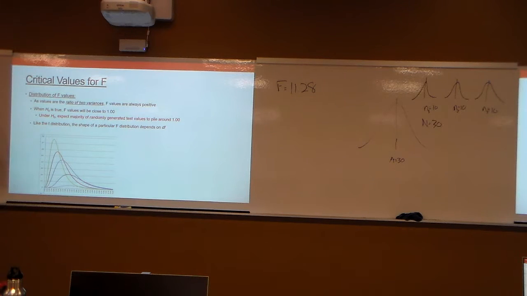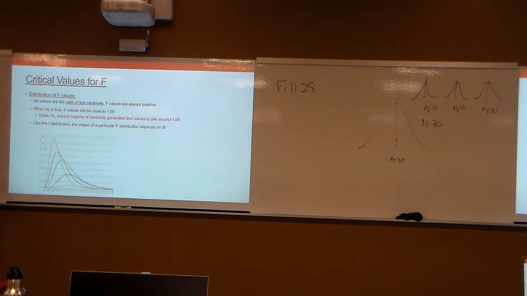So what we've got is a distribution that can't be negative, right? And so we're going to stack it up on 0, but how large can our F values get? Infinitely large, right? So we've got a different shape distribution that looks different than our t-test. Our t statistics can be negative or positive, in infinite directions. With our F statistic, we've got something more like a chi-square, right? Chi-squares can't be negative. And so we've got a different distribution that has a right skew, and the right skew depends on the degrees of freedom of